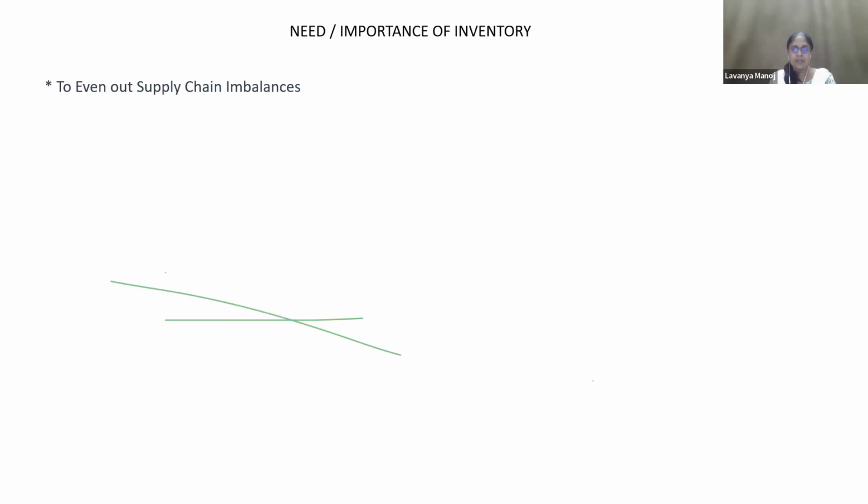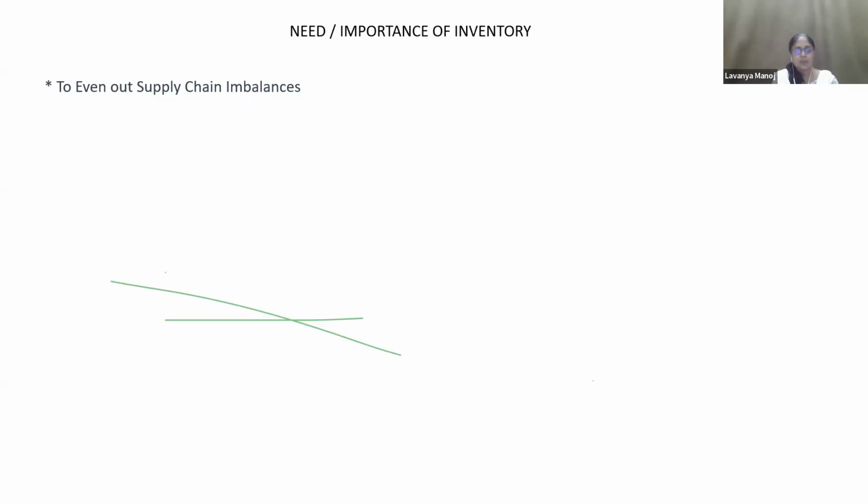And when the demand comes from the market or from the customer, it is again transported through the distribution channels. These distribution channels may be retailers, wholesalers, distributors, or sometimes directly the customers. In case of e-commerce businesses, it's distributed directly from the warehouses to the customers, and finally it reaches the end customer. So this chain of supply of goods is the supply chain.